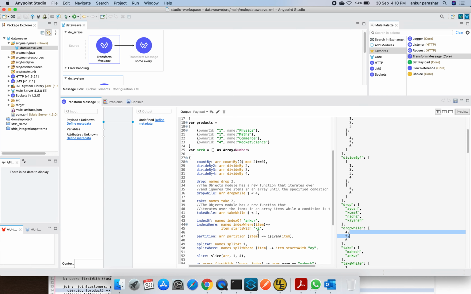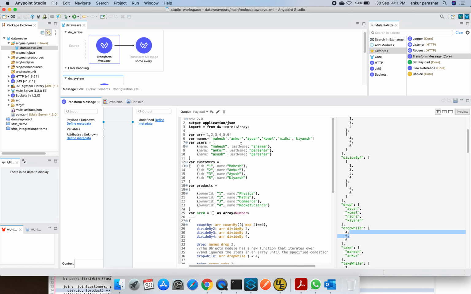Now in drop we have cut down some of the part, and the remaining thing we have taken, but there is an opposite to that, and that function is known as take. So for names, I am using take and I am putting 2. What it will do is first pick the top 2 out of it, that is, the first two names it has picked up. So you can see over here, right?